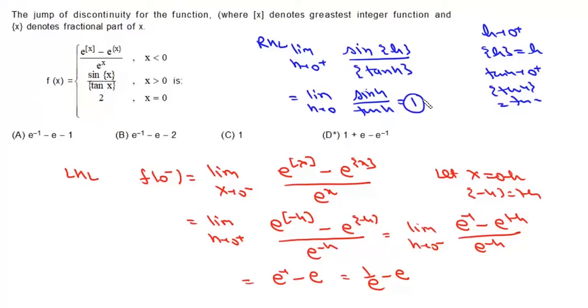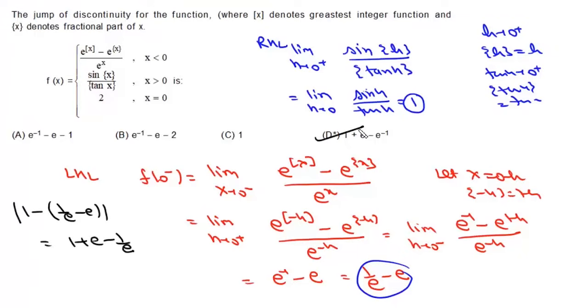So once we have left hand limit and right hand limit, we can calculate jump of discontinuity, and jump of discontinuity is mod of 1 minus 1 by e minus e, which is 1 plus e minus 1 upon e, and that's your option D. Now here the question is, we are given this function f(x), which is